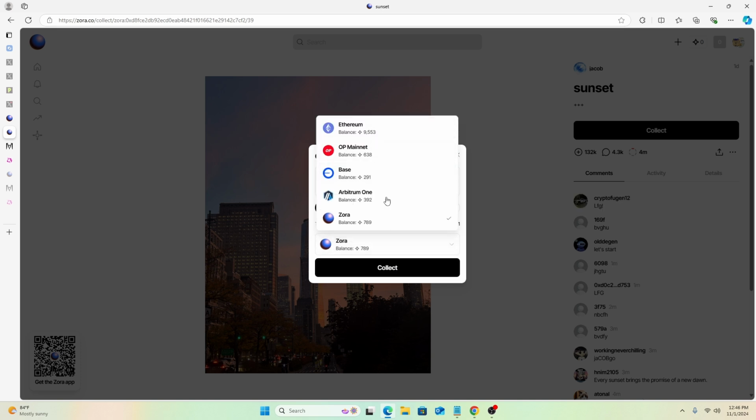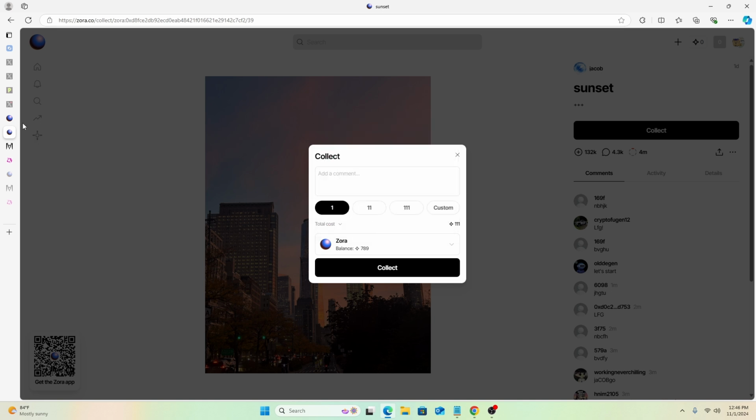You see, you have different chains upon which you can mint. We will also come to this later on, so that there is no need to bridge funds generally from one chain to the next, considering you can mint directly from any of these chains. Now, that said, if we went here,